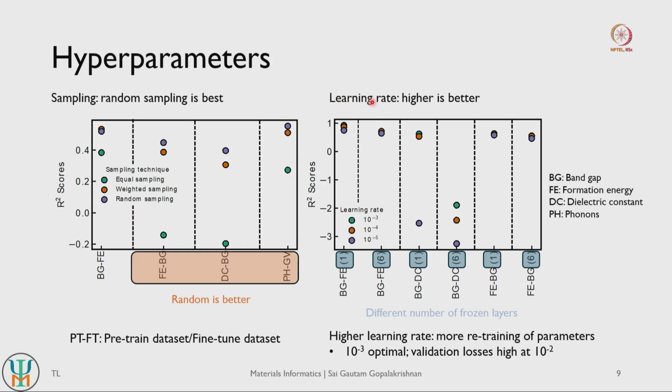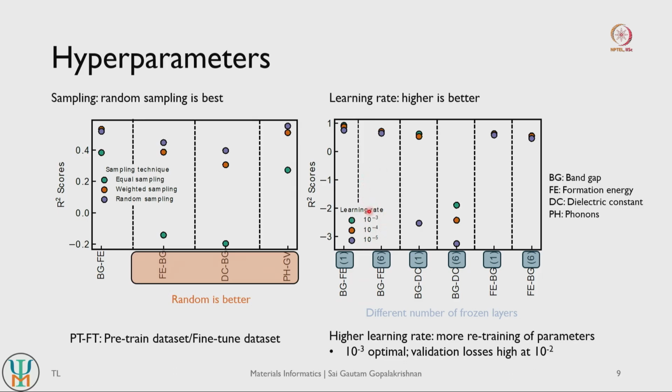So learning rate is once again a very important hyperparameter with machine learning models in general, particularly with transfer learned models. In general, if you have higher learning rates, that means the models are updating quite a bit. That can also indicate that your models haven't generalized fairly well when the pre-training was done on them. Whereas if it is a fairly low learning rate, then it could also indicate that the models have learnt quite well during their pre-training step, and the amount of relearning that they are doing during their fine tuning step is smaller. So we wanted to see what learning rate works for materials related tasks.